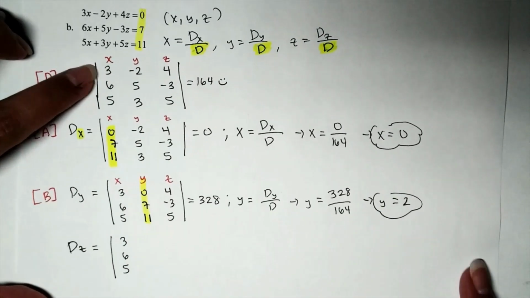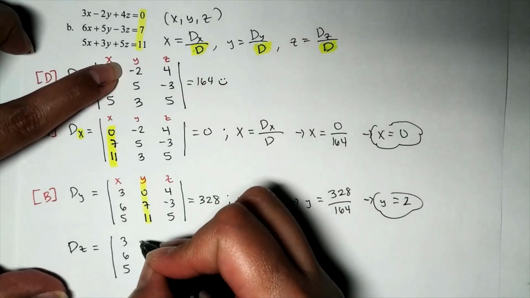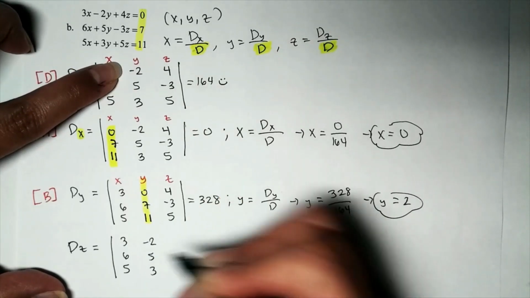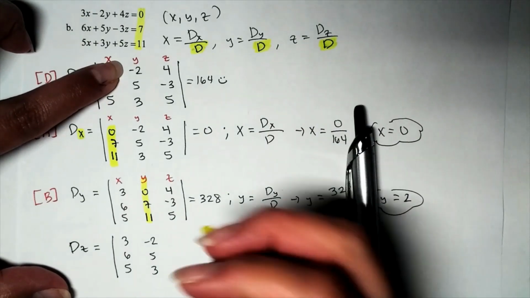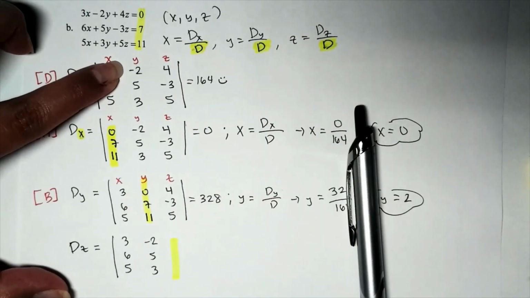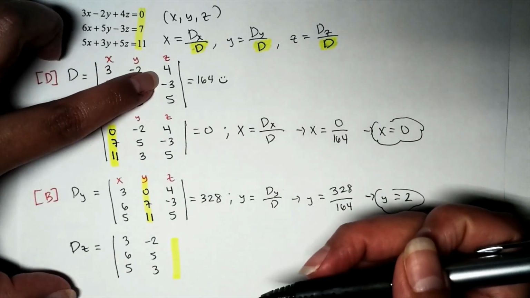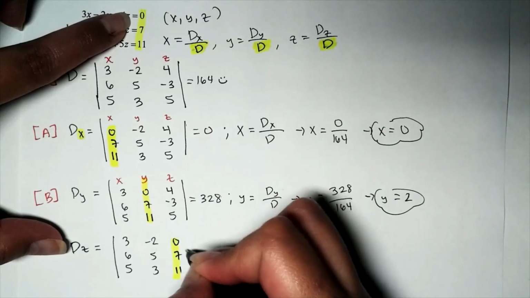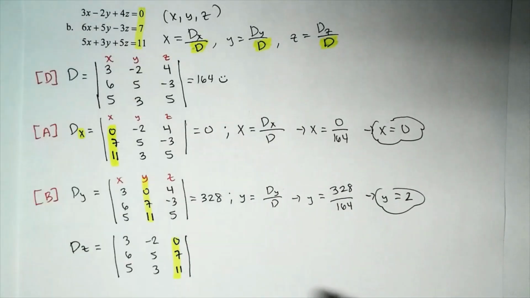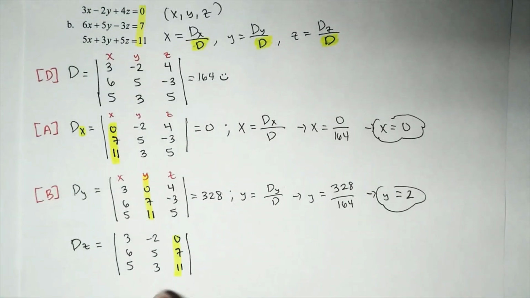Cool. The y stays the same: -2, 5, 3. The one that has to go is the z column values. So let me highlight it, and the z column values we replace with the answer column values, which is 0, 7, and 11. Okay, so let's find the determinant of this 3 by 3